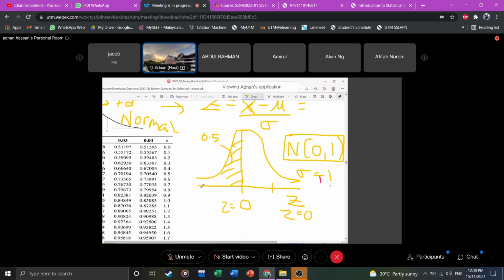Here maybe Z equal to -3, and somewhere here, maybe Z equal to +3. Now, because we want to know the percentage, we can use this standardized normal to answer this question. If you go back to the question